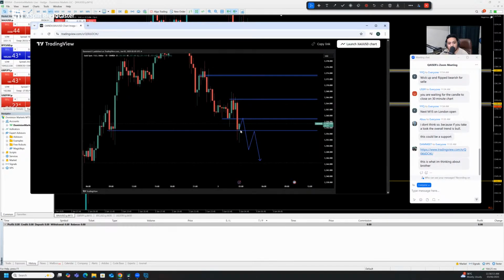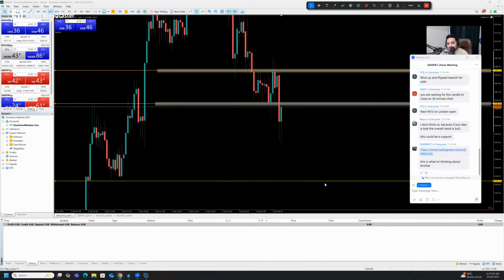Okay, so you're waiting for some kind of resistance to be formed. Yeah, this makes sense. Let's create some kind of resistance. If it gives us some kind of confirmation candle, there's a probability it will continuously push to the downside. Yes, makes sense. Just need to wait for some kind of structure to be formed.